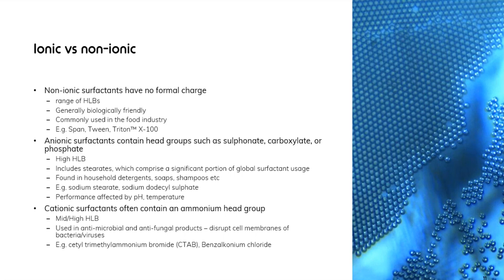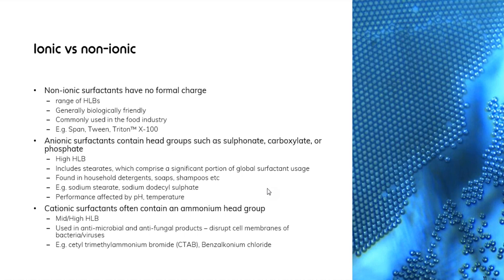Their performance is affected by a couple of factors. Obviously pH. Depending on the pH of the solution, you might protonate or deprotonate your surfactant, which might exacerbate its charge or reduce its charge. So you can protonate an anionic surfactant by decreasing the pH sufficiently, and that will obviously change its properties slightly. The other thing is temperature can affect this, so their solubility will slightly decrease as temperature increases because you destabilize